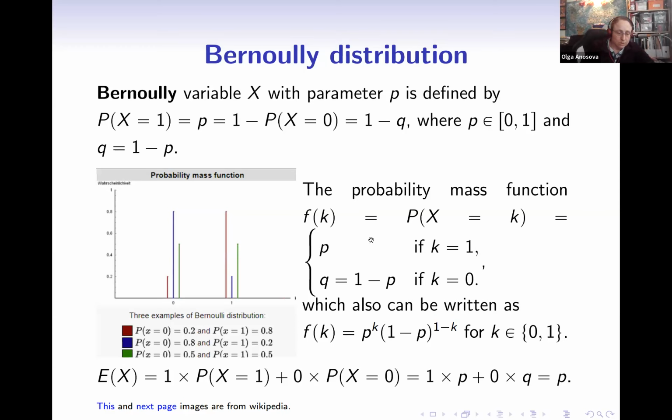What is also interesting is the expectation. We can find the average, which is just, well, just that P. So the expectation for the Bernoulli is indeed just the probability of getting a positive result, one of the outcomes. That's a very basic block of distributions, of many distributions, in fact. And it is used in the next distribution.